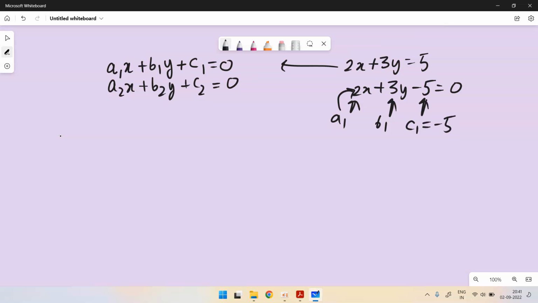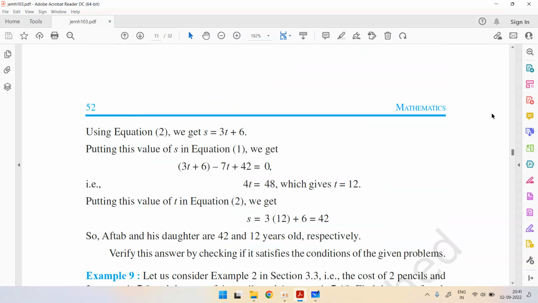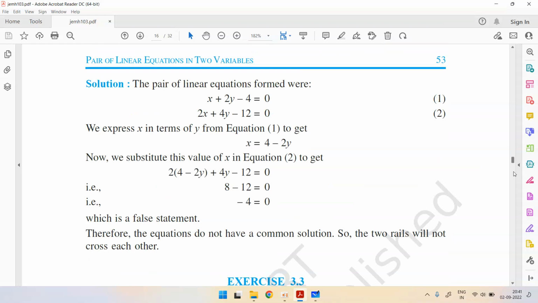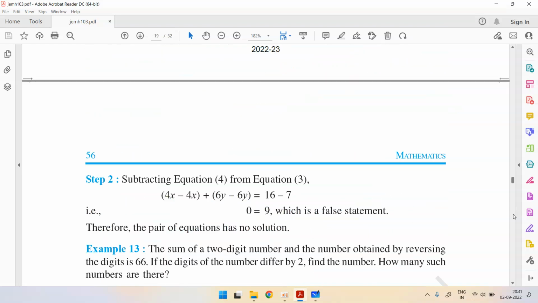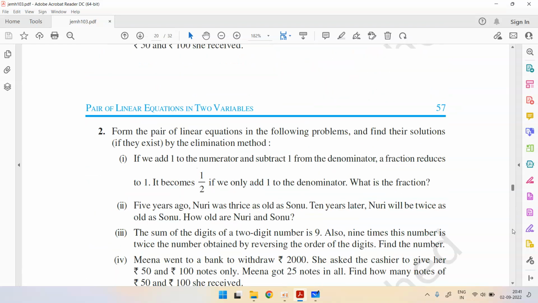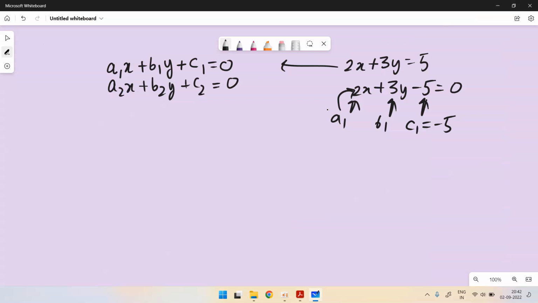Because here this is the plus sign. So I am checking this once again. Because this is a1, a2, c1, c2. To eliminate, a1, a2, b1, b2, c1, c2. Okay. So how will I be able to? I also don't remember the formula. I am deriving it here. The formula is nothing but the